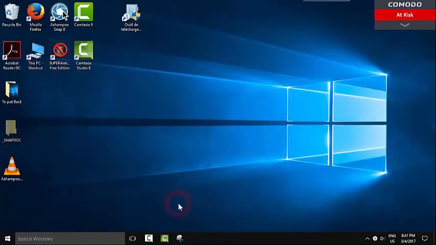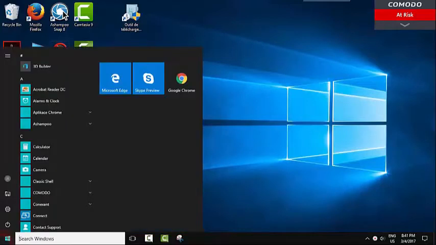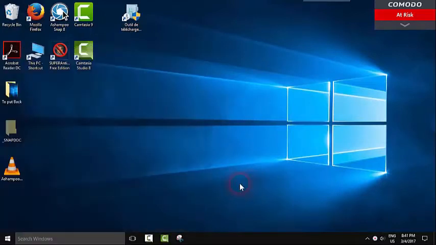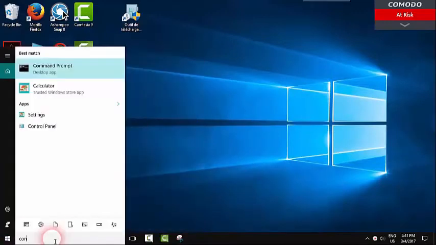Today guys I'm going to show you how you can get back the sleep button into the power section. As you might have seen before, when you go to the power options you don't have the sleep button here. This is related to your settings, and whether you have Windows 10, Windows 7, or Windows 8, it's the same. You will just go and look for control panel,